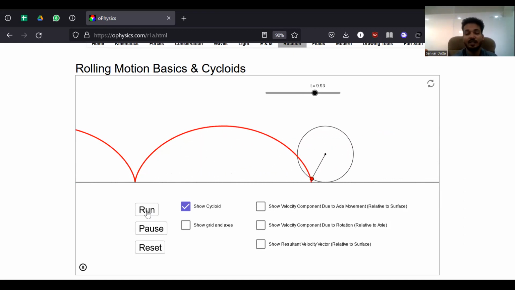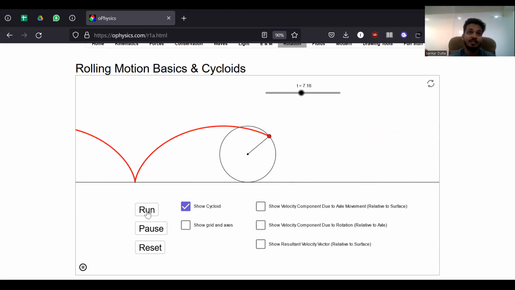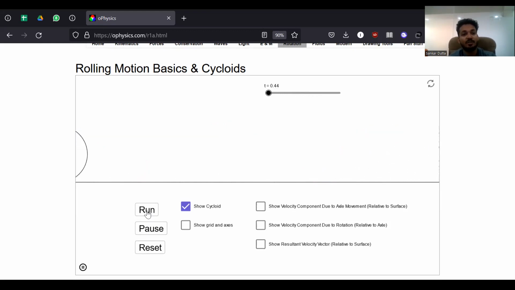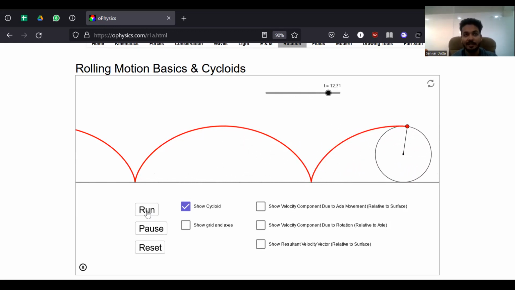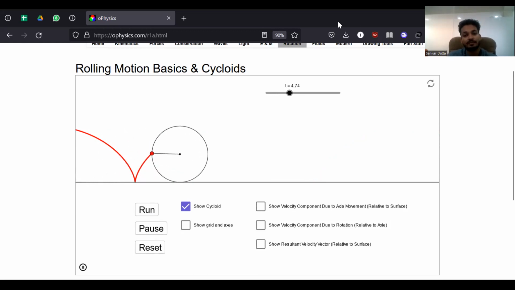Most people believe when a body is rotating, all the particles are doing circular motion, but that is true only in pure rotation, not in a situation when you have translation involved as well. In that case, what we get is something known as a cycloid. This figure that you see in front of you is essentially known as a cycloid. It looks like a sine wave, but a mod